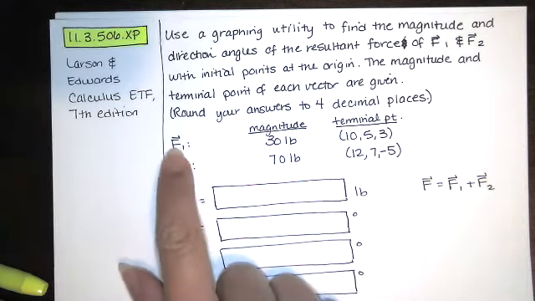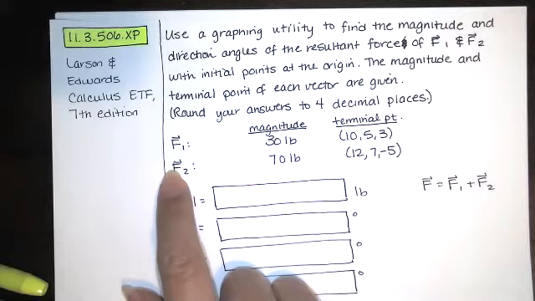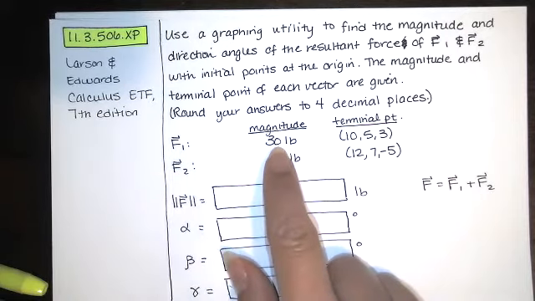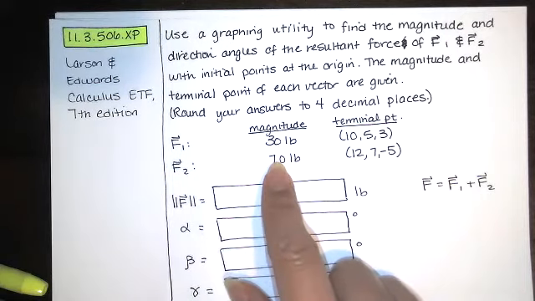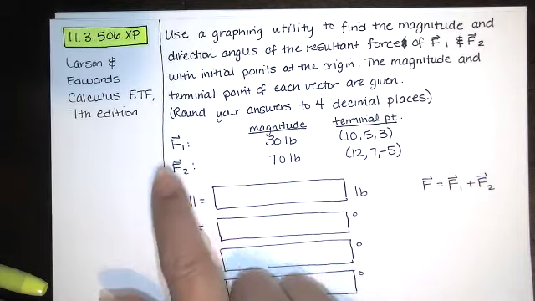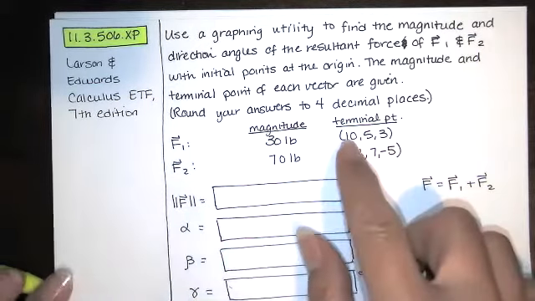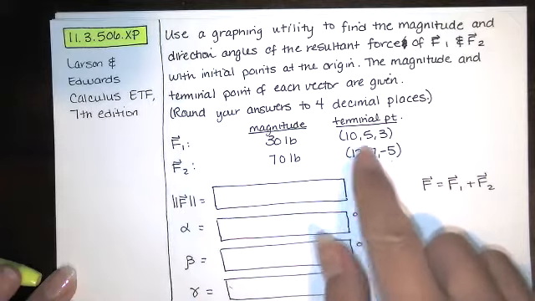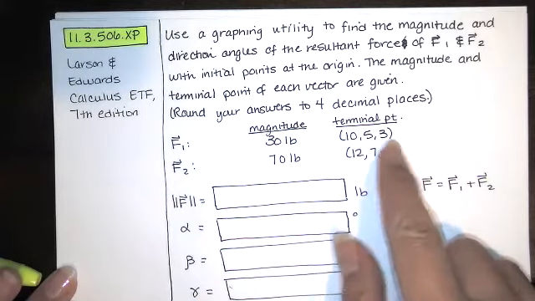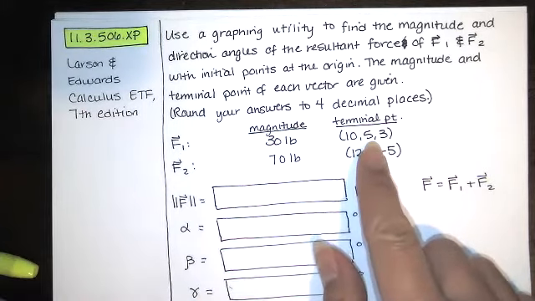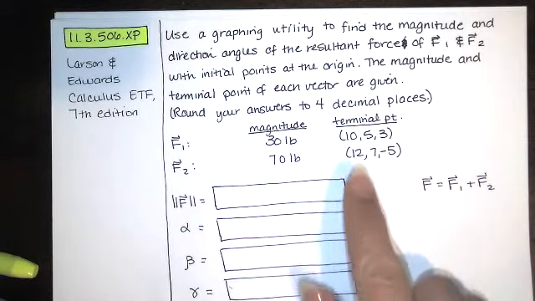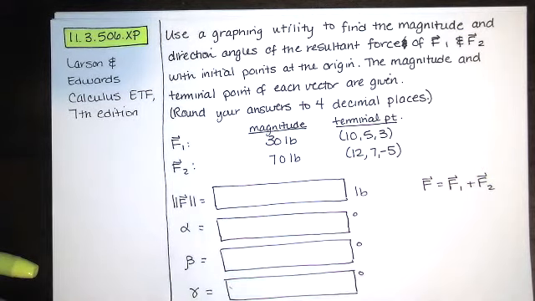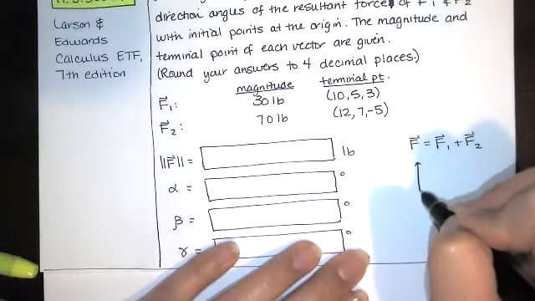So we're given two forces, F1 and F2. We're told that they have magnitudes 30 pounds and 70 pounds respectively, and each of those starts at the origin and extends in the direction of these terminal points. This one has a terminal point at x equals 10, y equals 5, z equals 3, and this one has a terminal point at x equals 12, y equals 7, z equals -5. So basically what's happening is